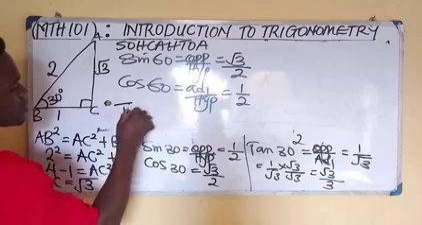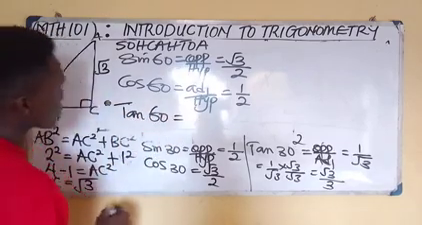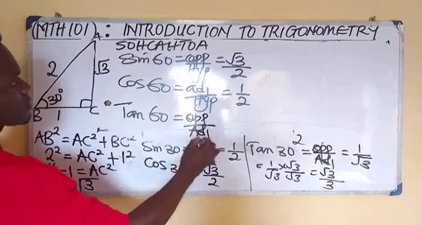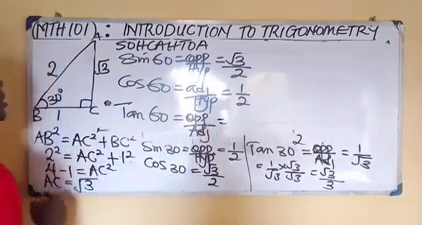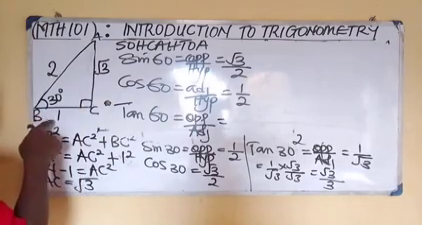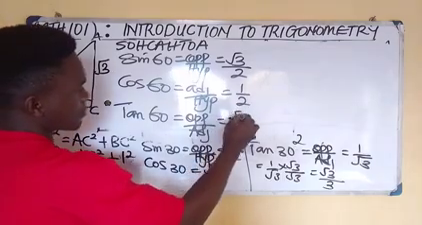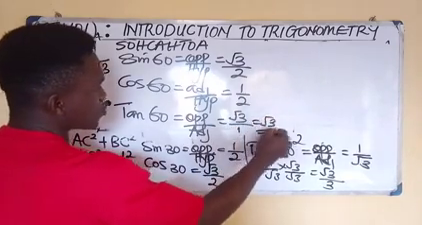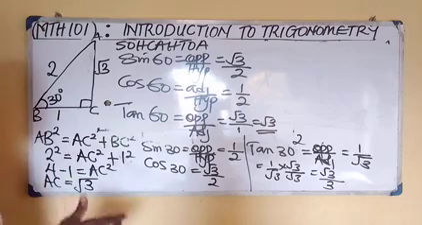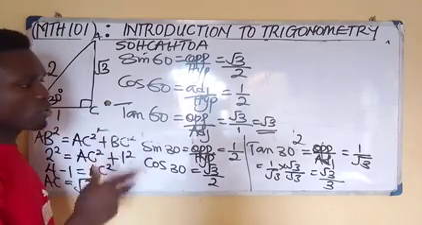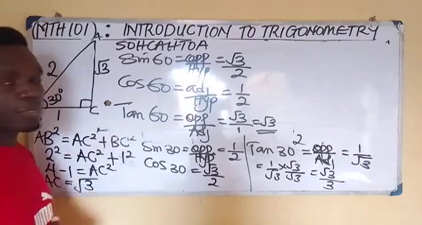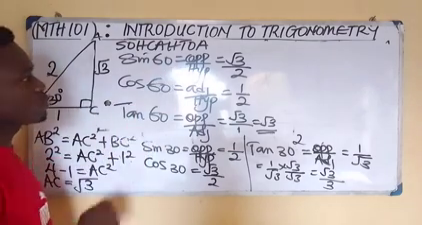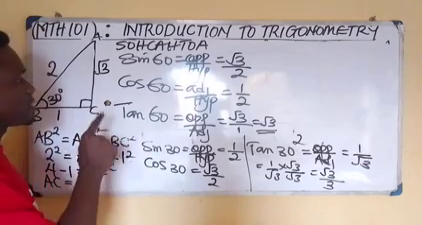Okay, now the next one is tan 60. Tan is opposite over adjacent. Is that not correct? So our opposite is root 3, then adjacent is 1, meaning root 3. So sine 30 is 1 over 2, cos 30 is root 3 over 2, tan 30 is root 3 over 3. Okay, then you now have sine 60 root 3 over 2, cos 60 1 over 2,